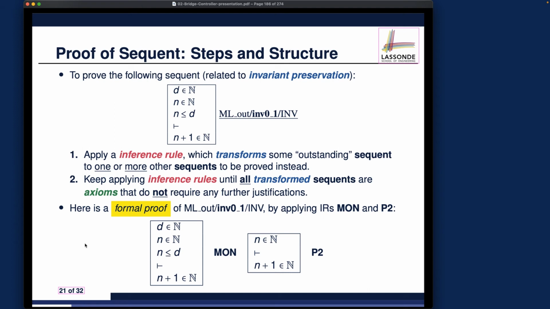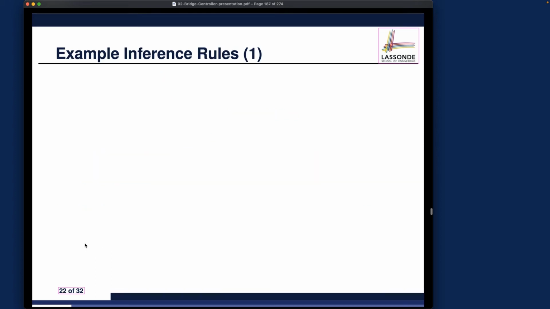And what I want to do to conclude this part is just to show you some example inference rules that would be useful for this week. I'm going to maybe add more inference rules to our example list as we go. Let's talk about it. I think I got about 3 slides of inference rules to go over with you.